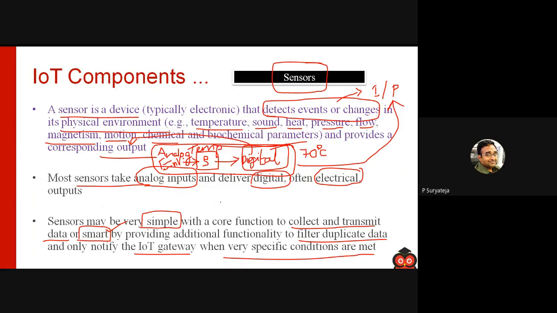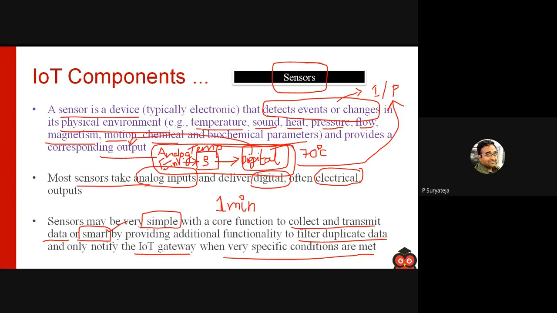For example, there's a temperature sensor. Let's say we can set the temperature sensor to send the data every 1 minute. The temperature sensor should send the data to the gateway every 1 minute.